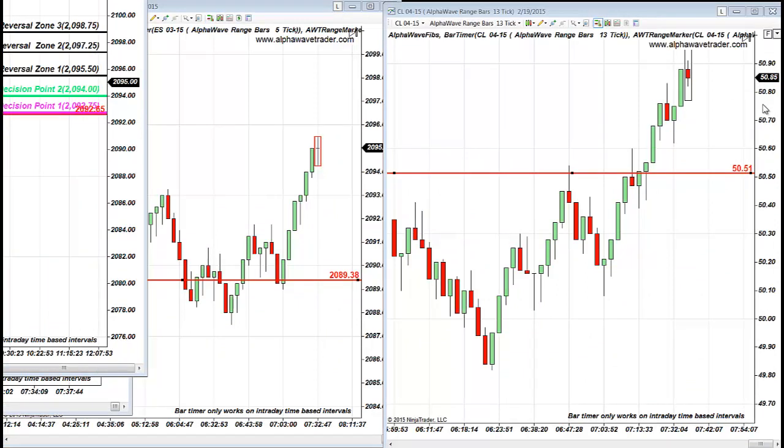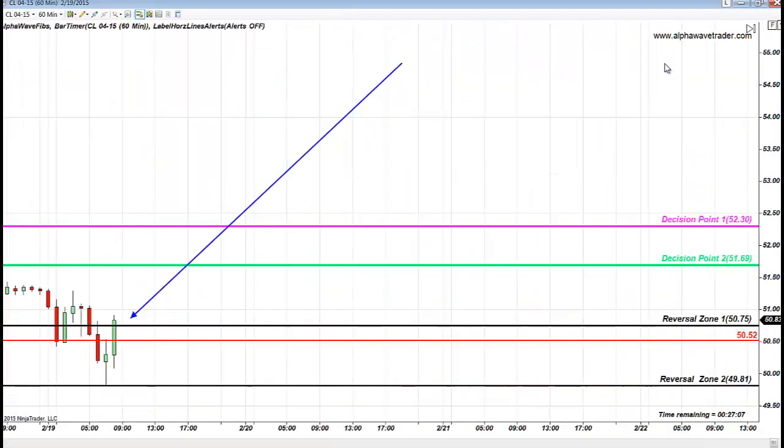Oil blasted through our hourly levels, traders, with trailing carefully. How magic is the price? Don't ignore 51. If you're an oil trader, you know extremely well what it means. And if you don't, you have a lot to learn about oil.